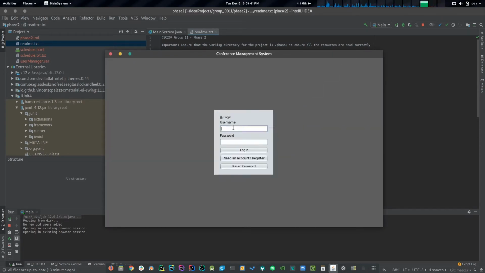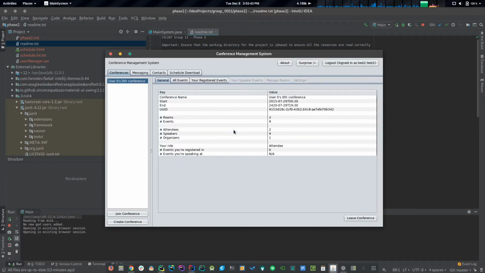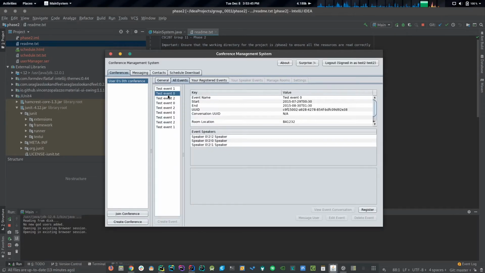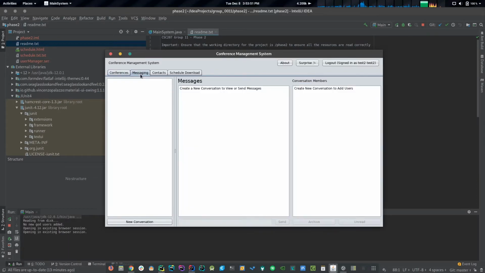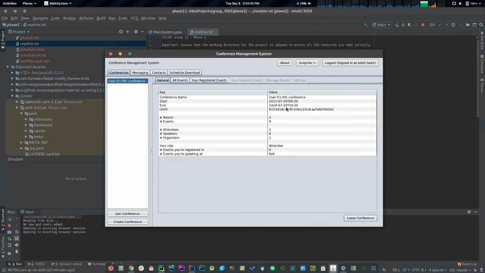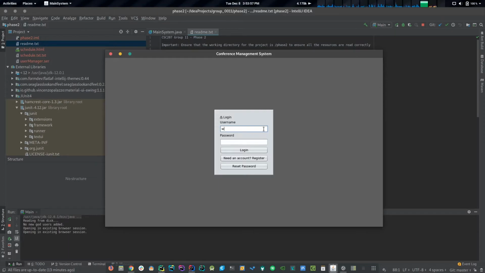Okay, so now we'll go to test 2. If we go back to this room here, we'll see that it says 1 of 1. So if we try to register, it will not let us do that. Okay, so the next thing we can do is